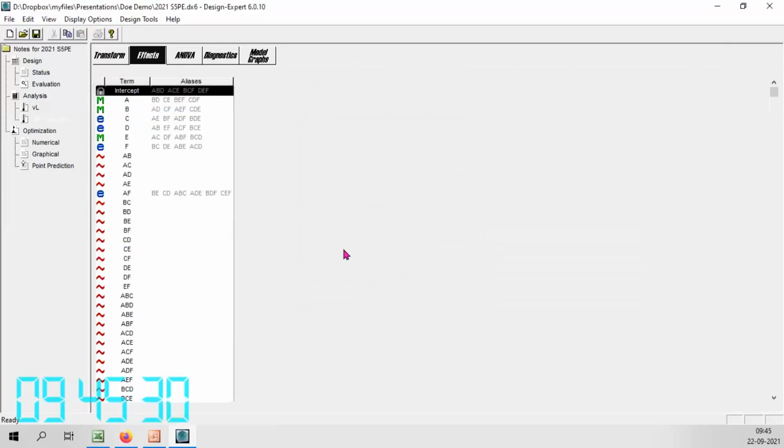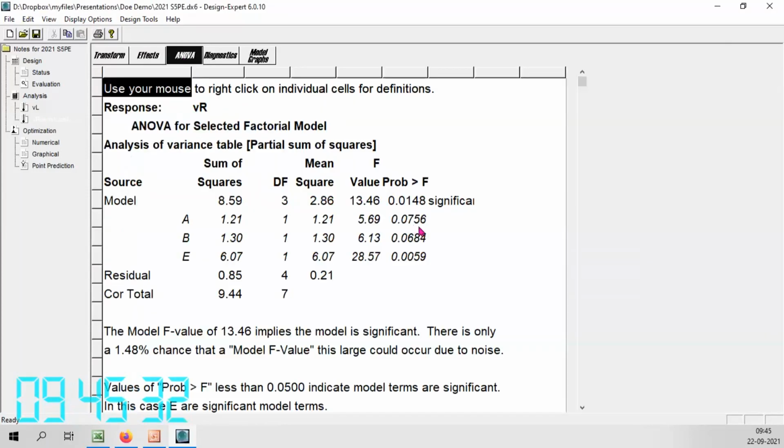We can verify it through analysis of variance. So unfortunately, A, B is not really significant, but I can let it remain there. E is only significant. It depends, because we are choosing randomly and there's random variation. 0.7 is very close to 0.5 because only 8 trials are there. It is very difficult to identify everything in just 8 runs. But anyway, it will give reasonable results, A, B, E.